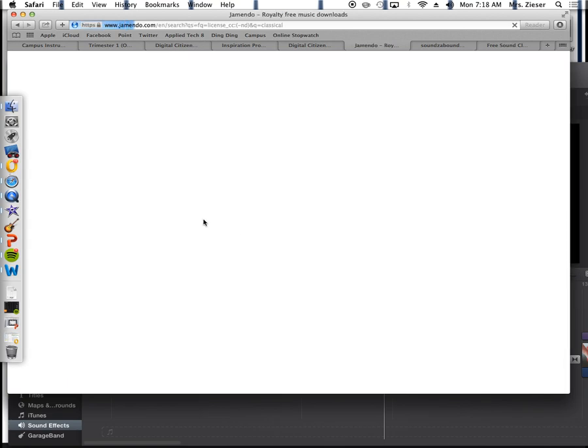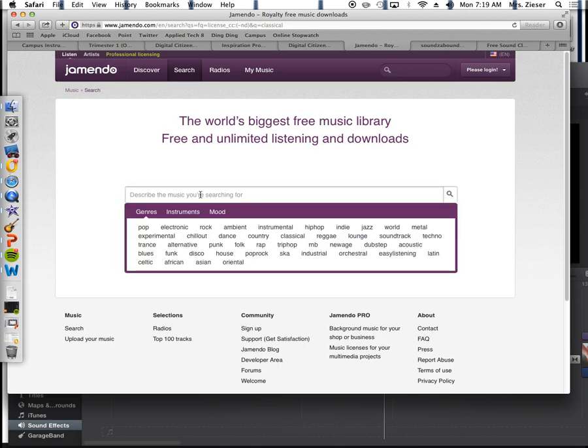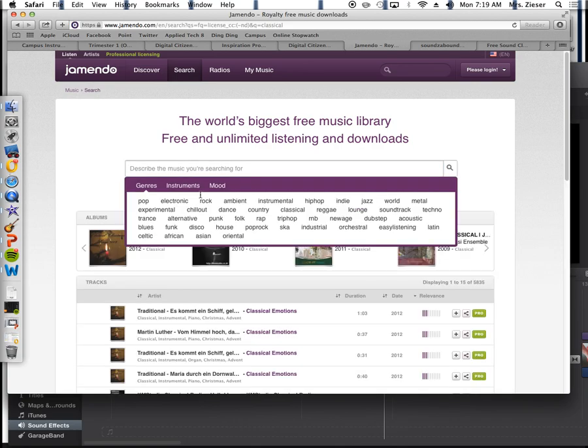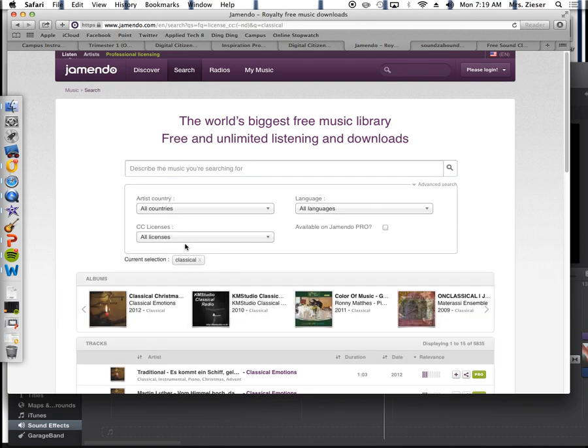And it's hopefully searching Jamendo for classical. This is where it kind of breaks a little bit. So what I can do is actually just tell it again what I would like, and you can see it comes up with some examples down here. I can do an advanced search. Some of these aren't exactly